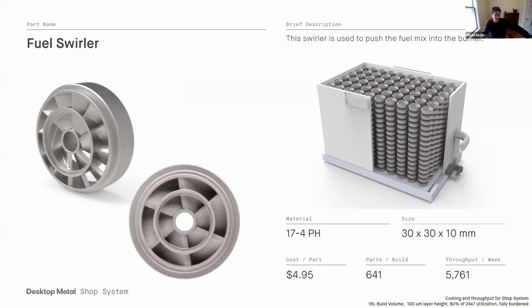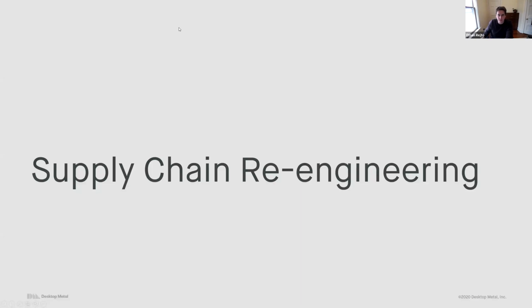Looking at this fuel swirler that you're seeing here, this is used to push a fuel mix into a burner for, I believe, a generator application. Again, this part was printed on the shop system for just $4.95. Can do over 600 of these parts per build, and around 5,700 of these per week. Again, if I want to make any changes to the design, maybe the fuel mix changes, and now we want to change the vane geometry, the angles, the number of vanes, all I have to do is make some changes to my CAD file, upload it to the printer, and in a few days, I can have hundreds of these ready to go into their applications. All right, so that just about wraps it up for